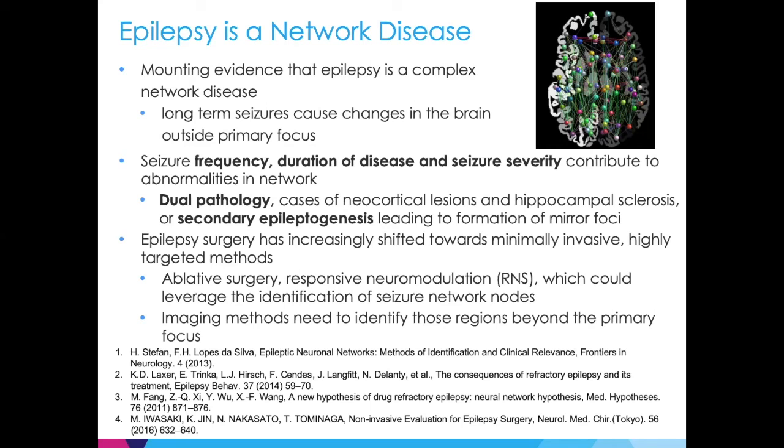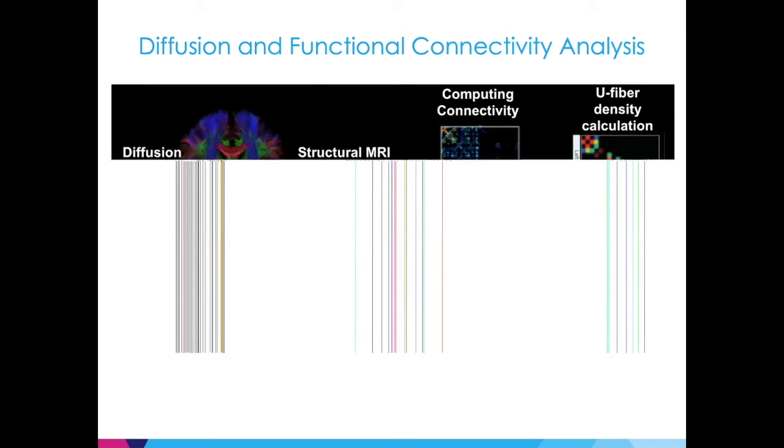So epilepsy is a network disease, and therefore we want to look at some of the other nodes involved in this abnormal network. We can do this by applying more diffusion and fMRI techniques to our entire epilepsy neurological protocol. We are doing that, basically doing connectivity measures, looking at both the diffusion and fMRI, computing the connectivity matrices, and also doing graph